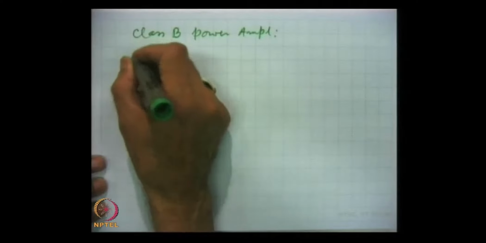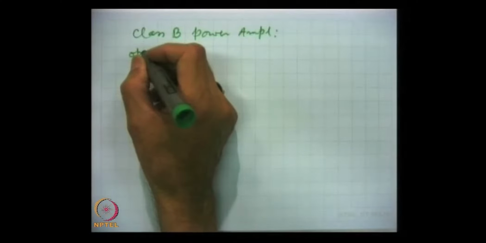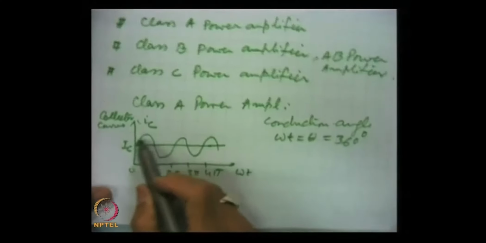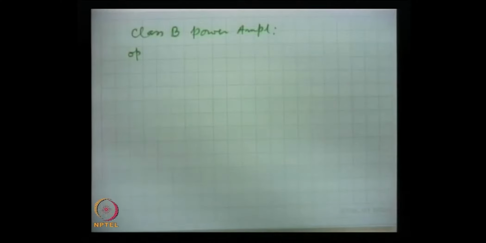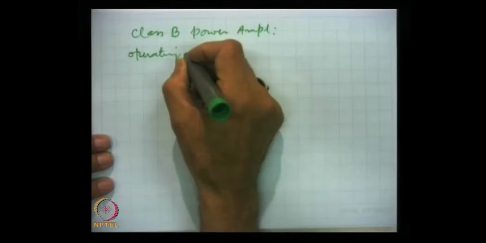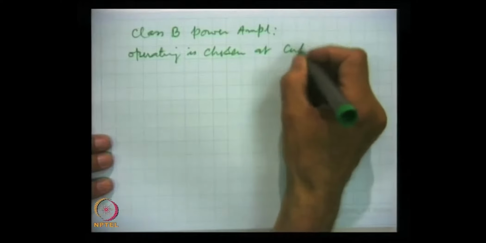These things will become more clear when we go for circuits, but you understand what is the meaning of choosing an operating point: that DC current and voltage we choose, and then when we apply AC signal, over those DC values the current and voltages vary. So, here the operating point is chosen at cutoff point,